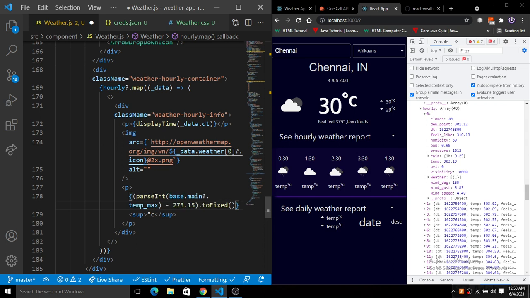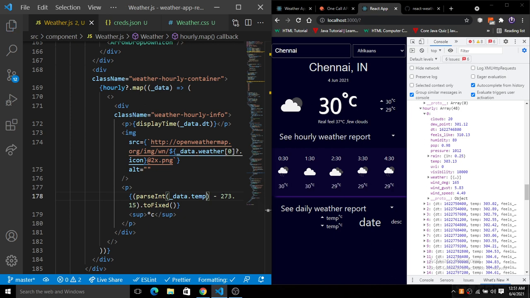So we have data dot main. So let's remove this instead of this base. So we have this data, and inside of this data we have directly temp. Okay, so let's remove this. So we have a temp already like this. Now let's save this. You will see here it will be updated. Okay, so it is now updated here.